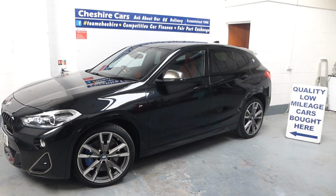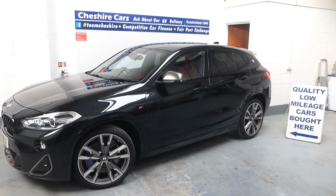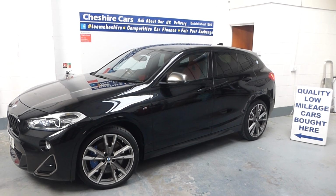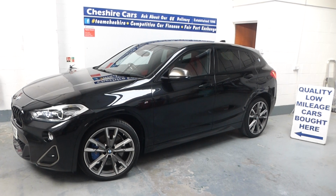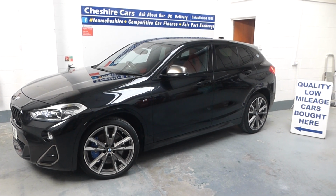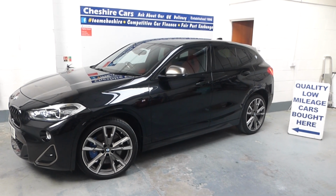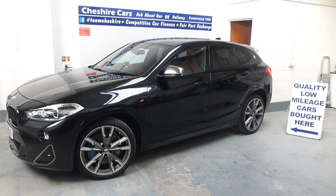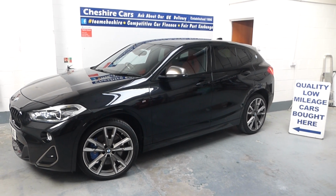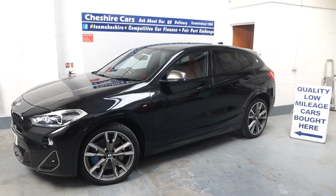The 20-inch wheels with Pirelli tyres, all matching, in great condition, and it's covered just 13,991 miles. Wow, super low mileage, privately owned, purchased last week by us, and we have driven the car back quite a distance. Actually, we've had to route this one out from a fair distance away. It was supplied as an almost new car by Sytner BMW to the private owners who we have purchased the